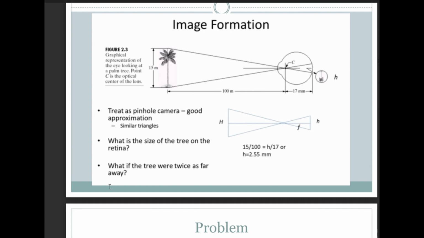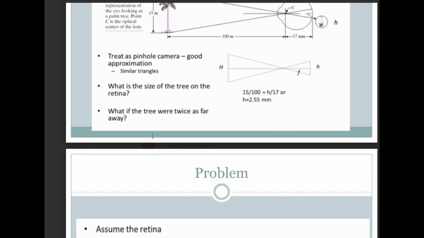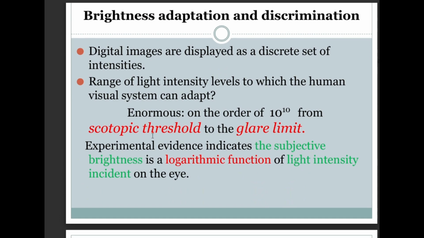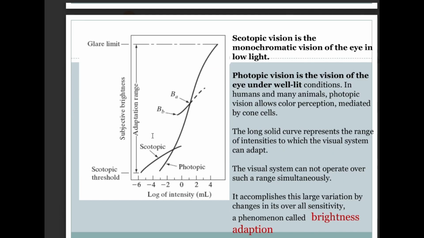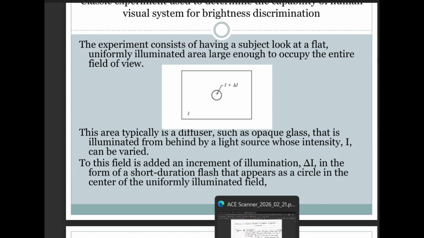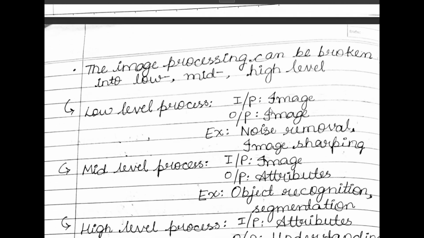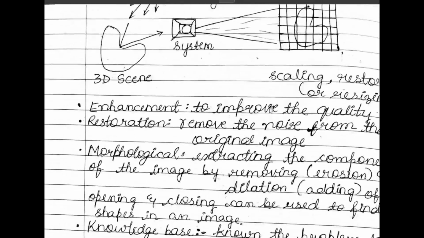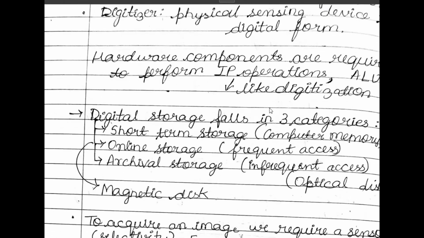Image formation in the eye. This is the example of image formation in the eye. Next, we'll discuss the problems or the numericals that this module has. So the first one would be